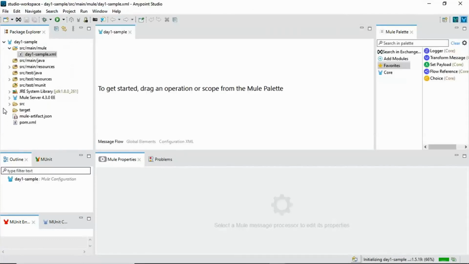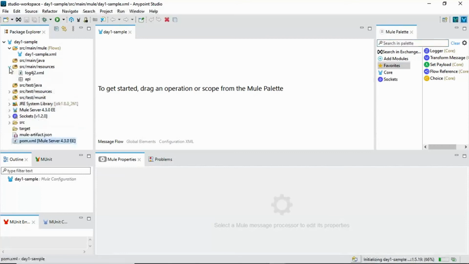Once your project is launched, you can see a project explorer where you can see a Mule configuration file with the name of the project, which is an XML file. You can also see a pom.xml file, which is the project object model file, which contains all your configuration and dependencies information.